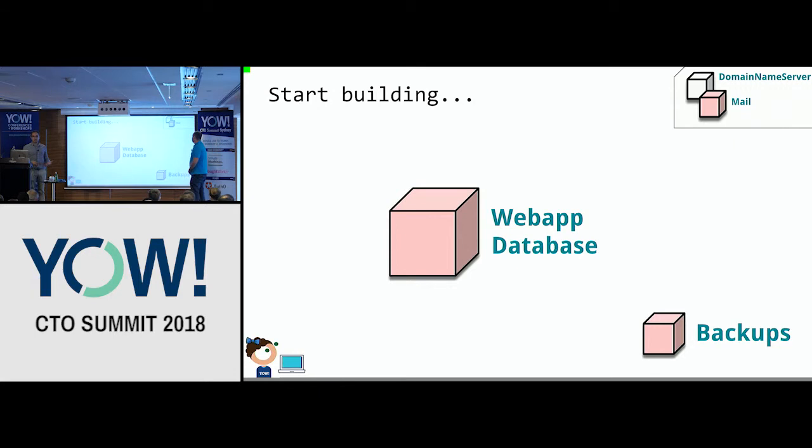She also buys a mail server so that she can reach out to her early adopters, to her new users, with a professional touch, so that her email comes from her domain name and not from gmail.com or something. She also starts to produce some actual content on the website, and some user-generated content starts to be populated into the database. So she puts in place a very simple backup component that will get a copy of her code, as well as a copy of the data on a daily basis, and a copy of the artifacts that are produced by her build.